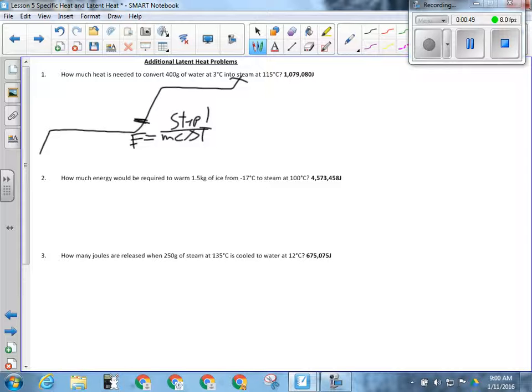Okay, E equals mc delta T. And so that's going to mean our 400 grams times 4.2 because it's water, and we're going to multiply that by, we're starting at 3, so 97 degrees. Okay, and then our second step will be E equals mL_V, which would be 400 grams times